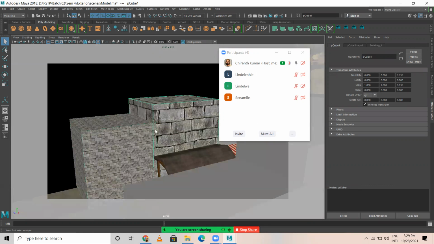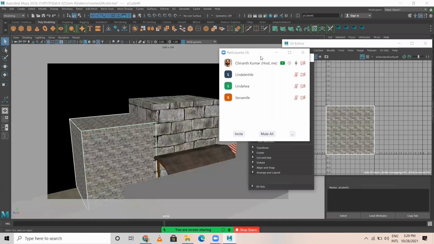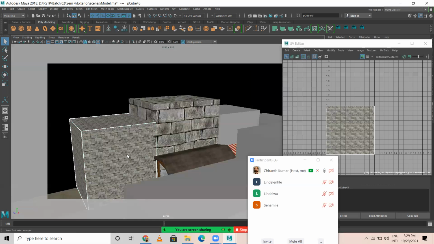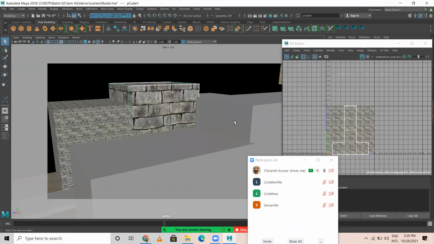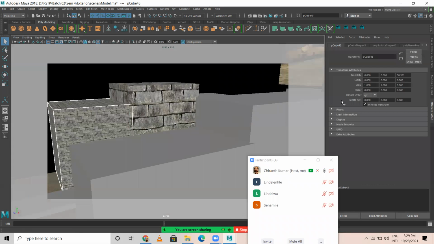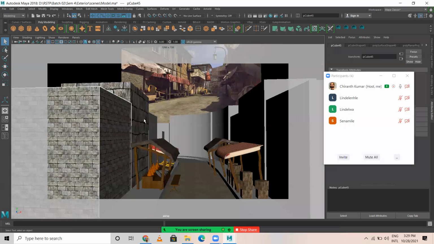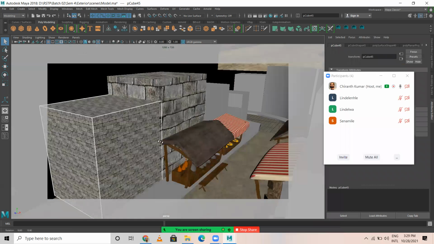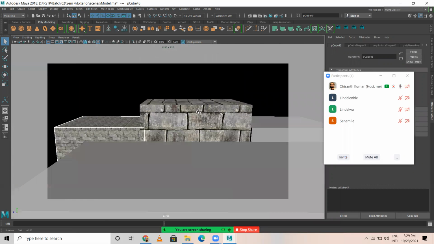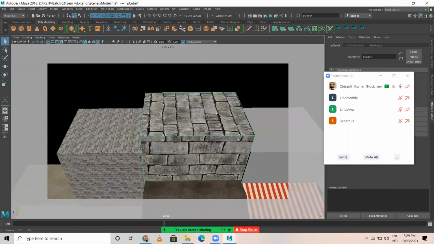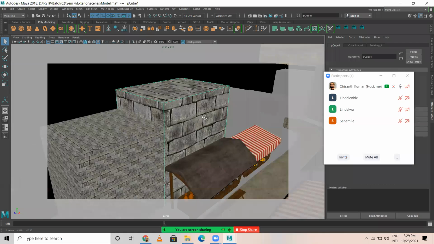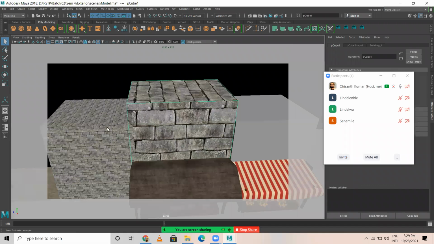This is not unwrapped. So let me open this UV texture editor. In this model, this is how it is. In this model, this is how it is. Okay, this is not proper. You have to unwrap properly. Fine. So for this model, we have done it. Same way, you can do unwrapping for this as well, right?